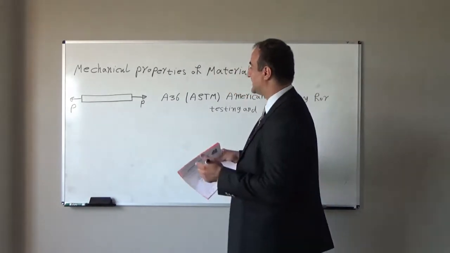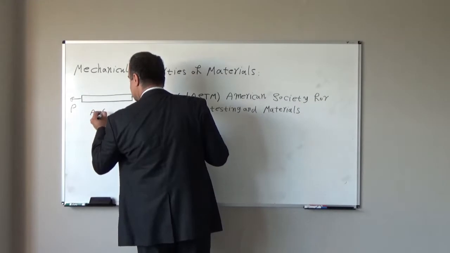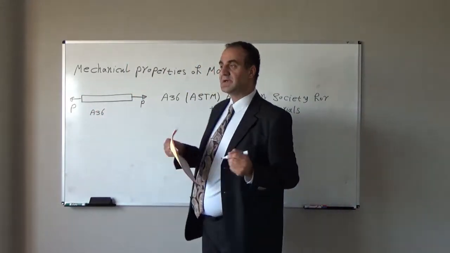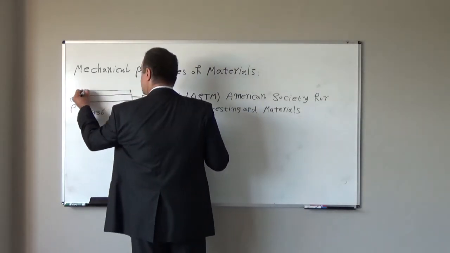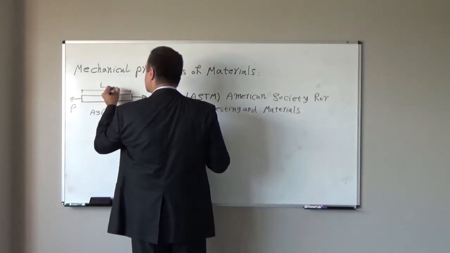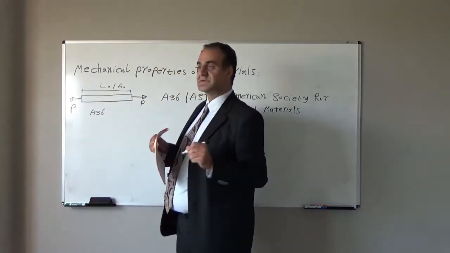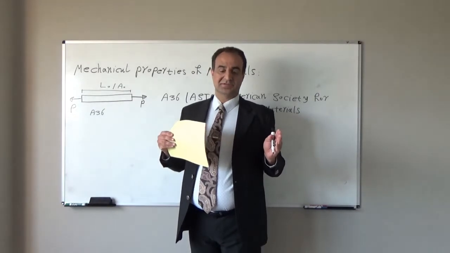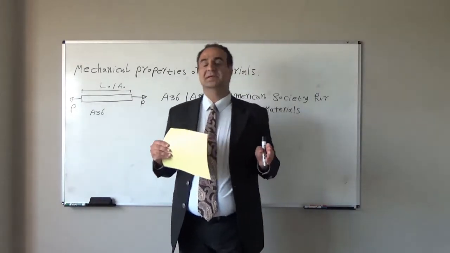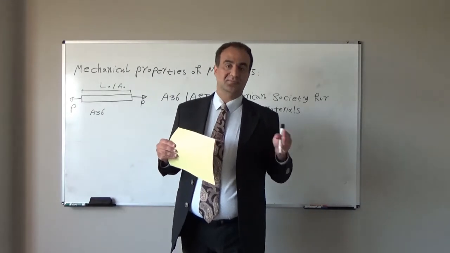If we have a sample from A36 steel, I apply tension. What is the stress? The initial length, for example, it is L naught. The initial cross-sectional area, it is A naught. First assume we don't have any tension. So P is equal to 0. Then step by step I will increase P to P1, a little bit more, P2, P3